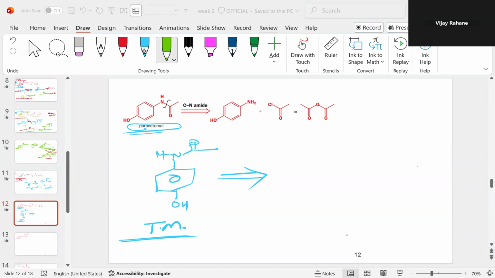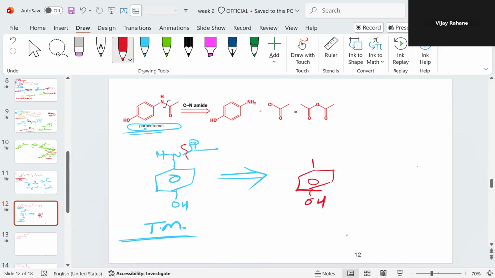So if we look closely at this molecule, this is the bond, obviously, that we can cleave. And if we look at the synthons we get upon cleavage, this will be the negatively charged one. And what we get here? We get the Cl. And this can be either acyl chloride or acetic anhydride, because both give the